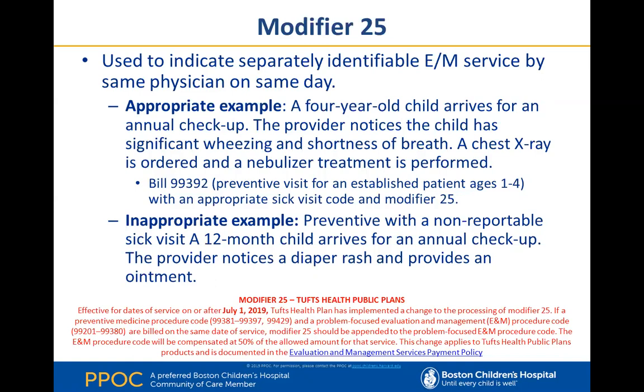I get it. It's not a cut and dry area. You have history for a problem visit, you have history for a preventative visit, and you have an exam for both. So there are some elements that do overlap. And I think in recognition of that, you see that most of the payers now will reduce payment for the E&M code, and it's usually 50% of whatever the fee schedule typically allows for that particular service. So you can add Tufts public plans to that list. Next slide, please.